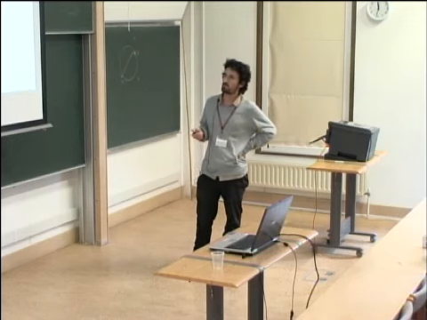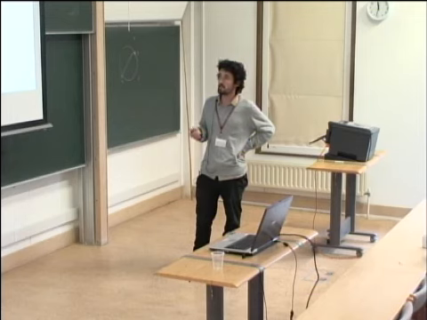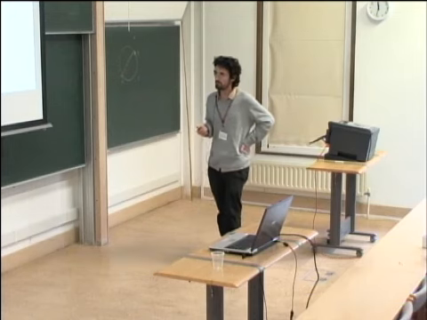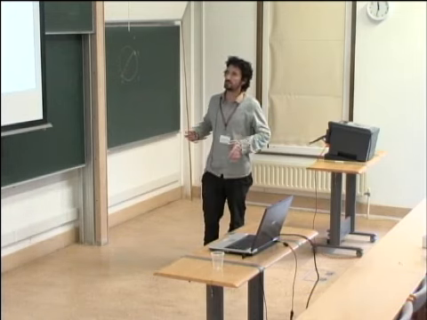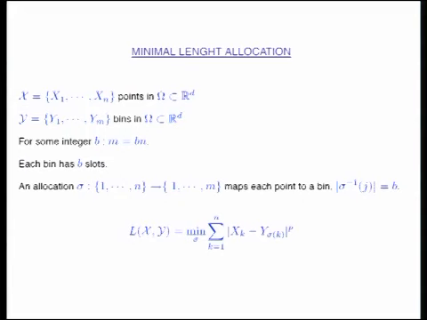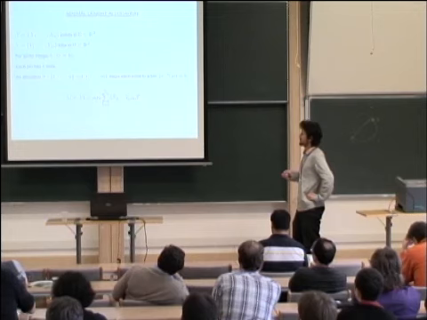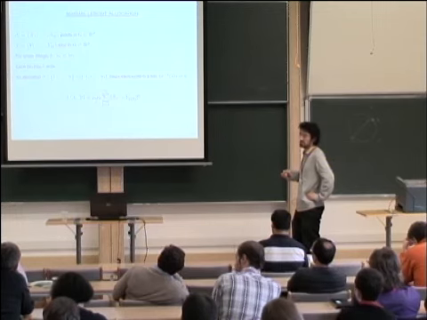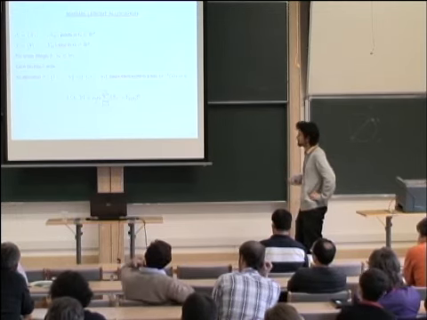It's a map from 1 to n to 1 to m, from points to bins, and you want the number of points which have been allocated to bin j to be equal to b. And then since you are in R^d, you can look at the allocation which minimizes the sum of the distances from point to bin to the power p,